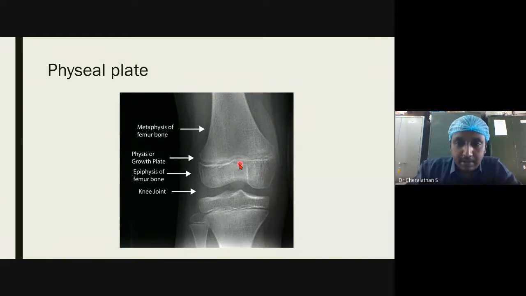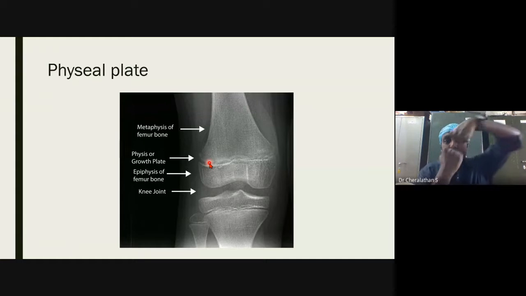Now, the physis, like the condyles, we have the medial part and the lateral part. If there are some problems which cause arrested growth on one particular side, if you assume this part of the physis is not growing, and this part of the physis continues to grow, what will happen? It won't grow in a longitudinal fashion. Rather, it will grow in an angular fashion. Are you able to understand what I'm trying to say?